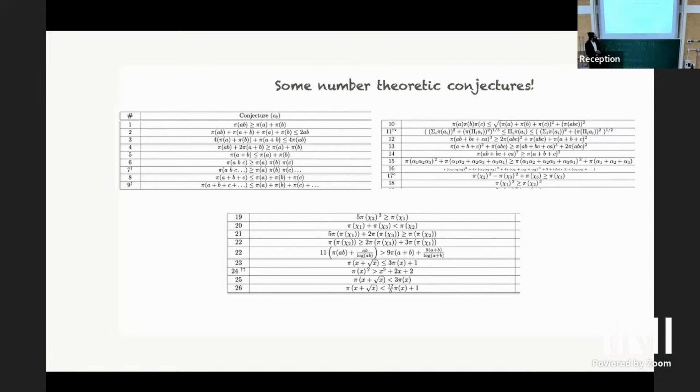We sort of went bananas with this, and we started generating lots and lots of conjectures involving the prime counting function, and we had time to look at only one in detail. Broadly speaking, a lot of these conjectures are going to turn out to be false. We have ignored the safety advice from our diagram and generated whatever we could. My apologies, pi is the prime counting function. So it's the number of primes less than or equal to x.